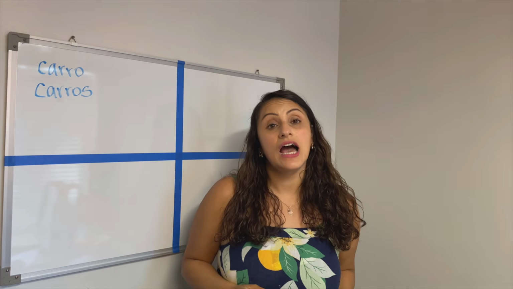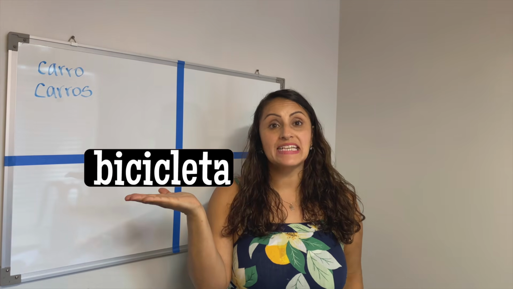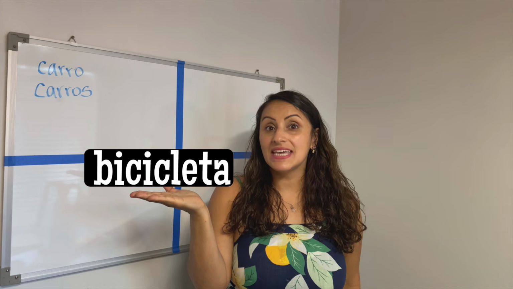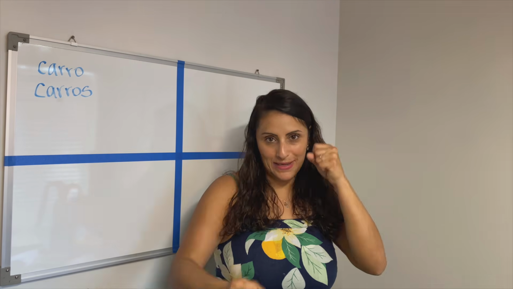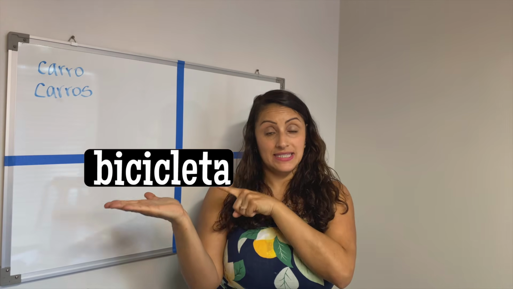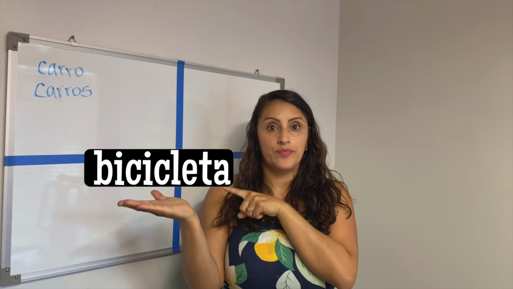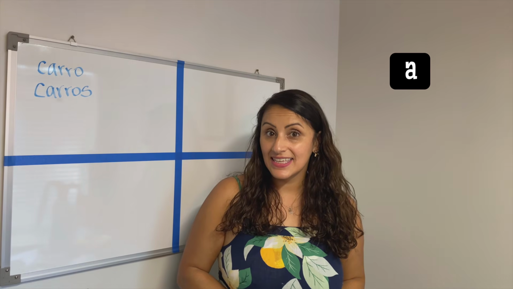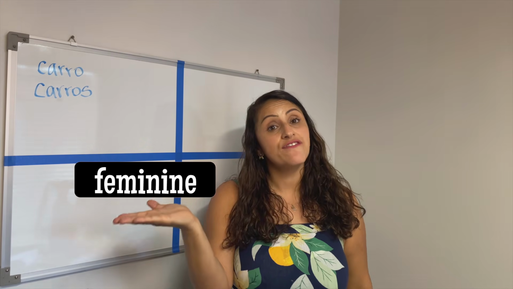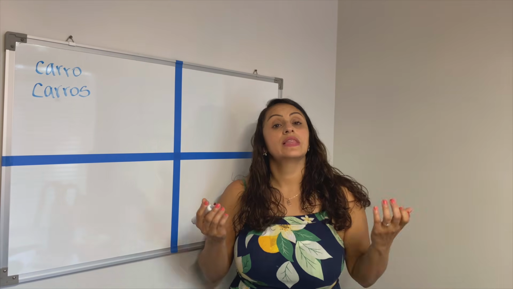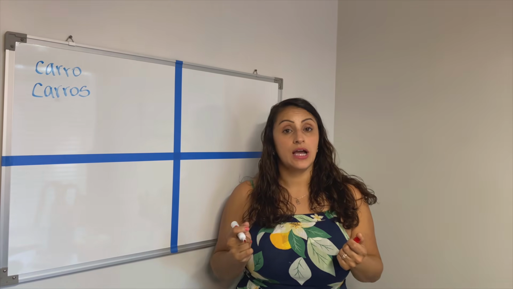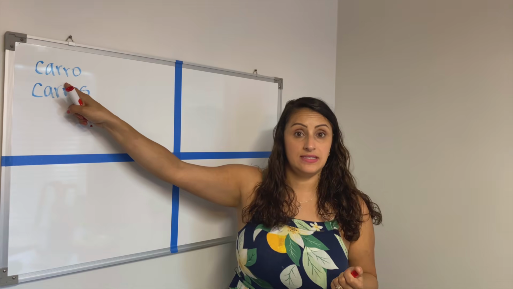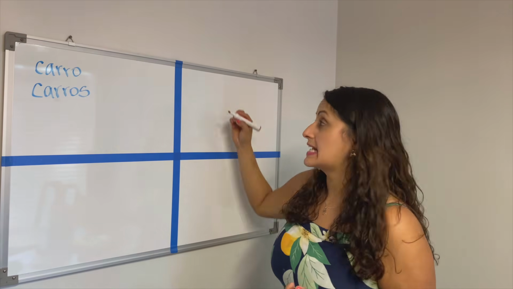Now, let's talk about the noun bicicleta. Bicicleta is a bicycle. But notice how bicicleta ends in an A? Bicicleta is a feminine noun. So let's look at how it compares to carro. Carro was a masculine noun. So now bicicleta,